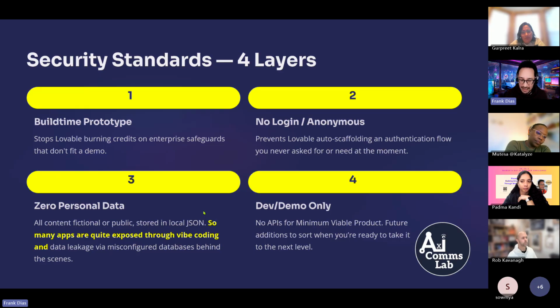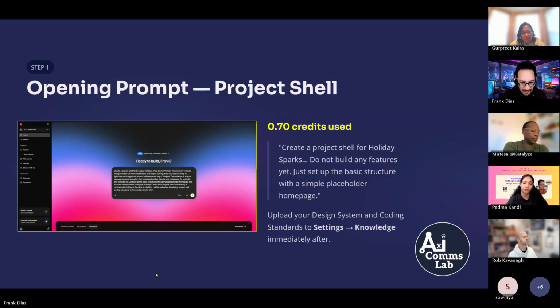And then the final one, again, is just trying to hint and guide and steer Lovable: I don't need any API connections, which means connecting to databases and other potential products and platforms, at this moment in time. I just want to build something really super simple. So you put all of this into your security standards template as an example.